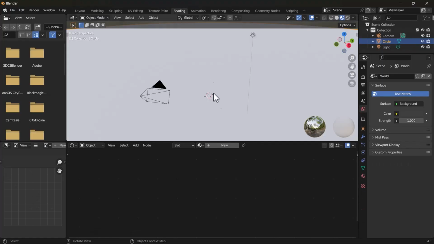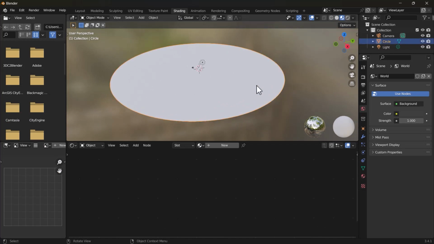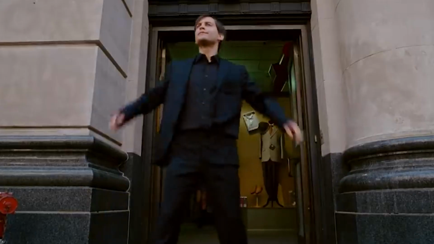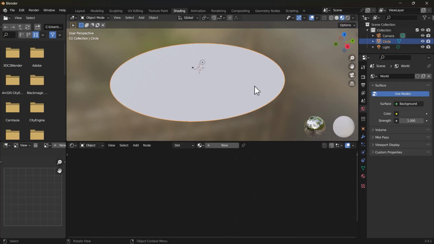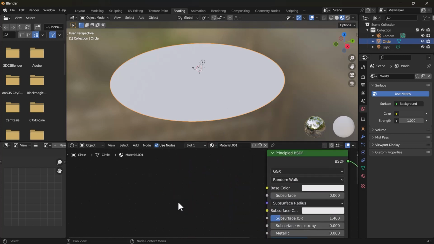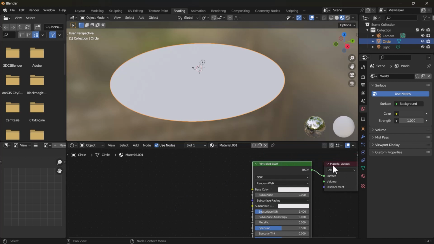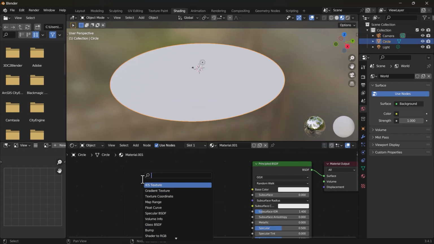Okay, now we can jump into the Shading tab to give it some material. We are not going to use any third-party texture in this tutorial, because I'm going to teach you how you can make your own procedural texture in Blender itself. Select your circle if it's not selected, then click on New to create a new material for your object. Now you can see one Principled BSDF node and a Material Output node. You can also press Shift plus A here to add nodes. If you don't know the directory of your node, you can just type the name in the search box and click on it, and it'll add to your node base.